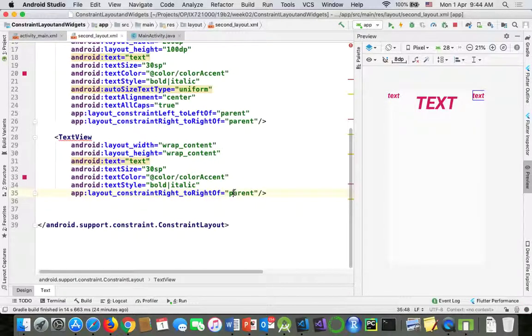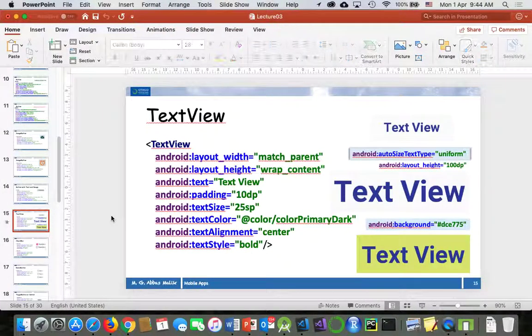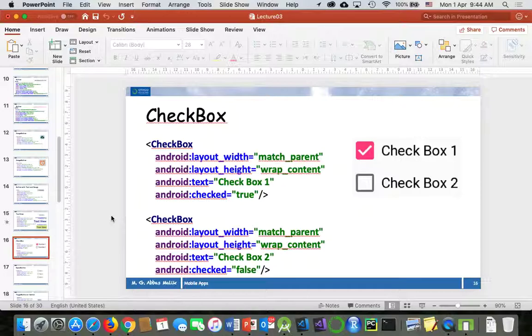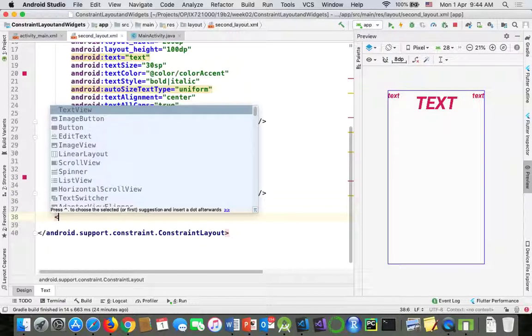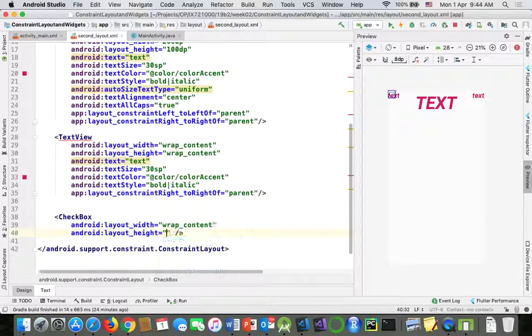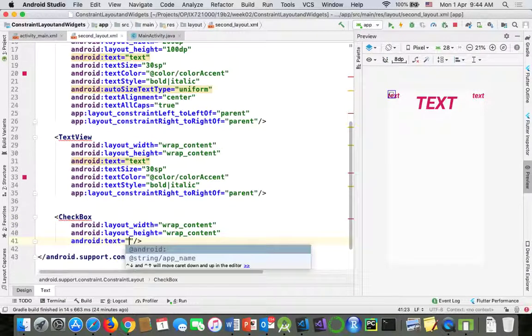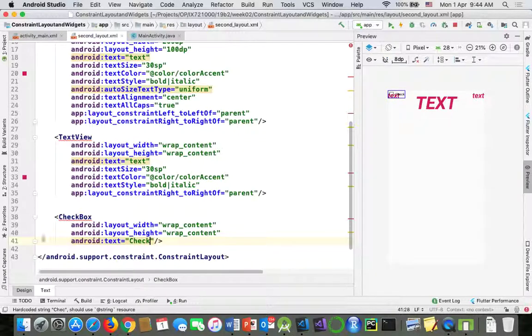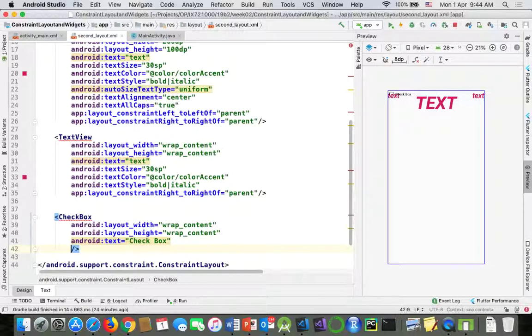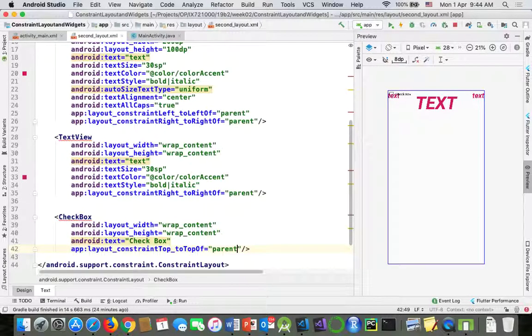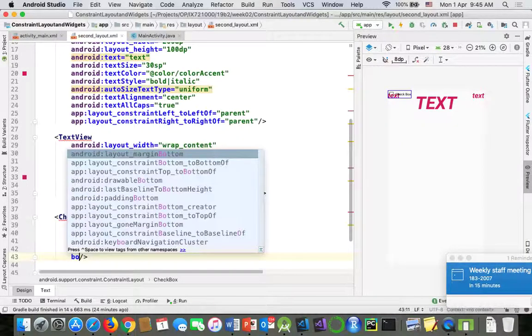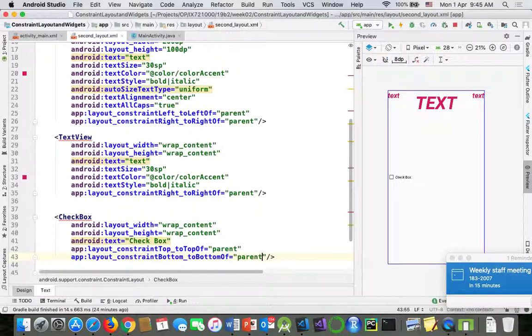Okay, this is right. Now we have seen the text views. Let's see the checkboxes. So we can say that we want to have the checkboxes here. Checkbox, wrap content, I want to put text, so we say checkbox, and we want to put some constraints. I say top to the top of the parent, bottom to the bottom of the parent,